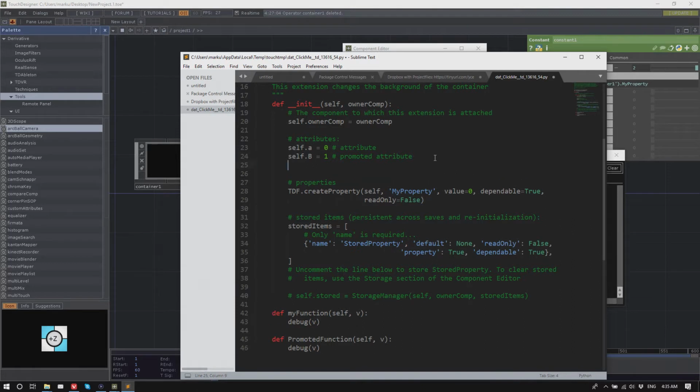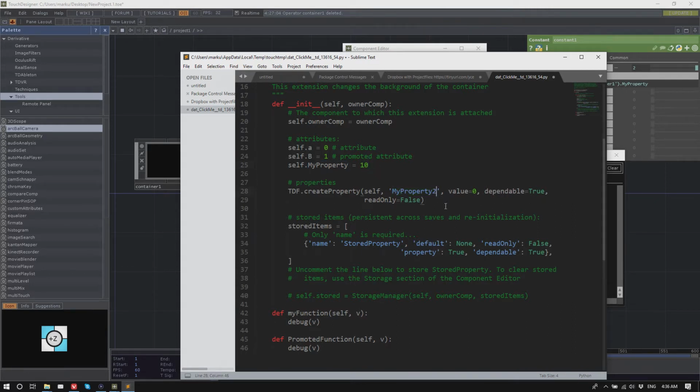If you would do that here, self dot myproperty equals A or something, then surely this would be an attribute, but it would not be a property, which is dependable. The whole thing basically is that from the outside, let's try this here, 10.